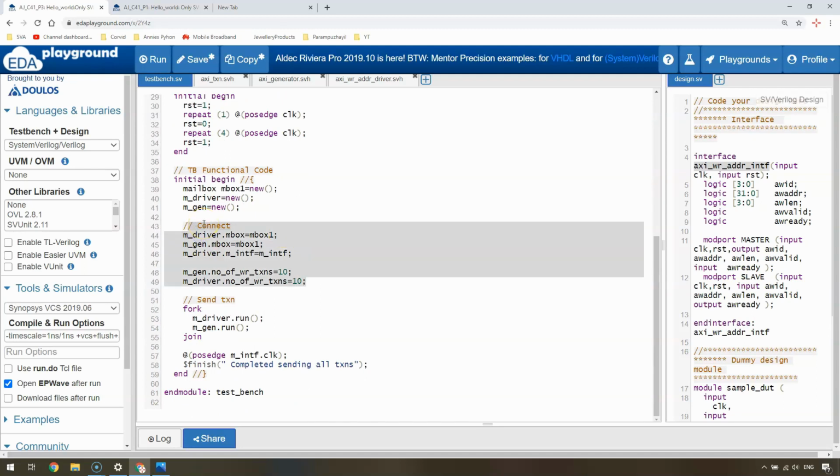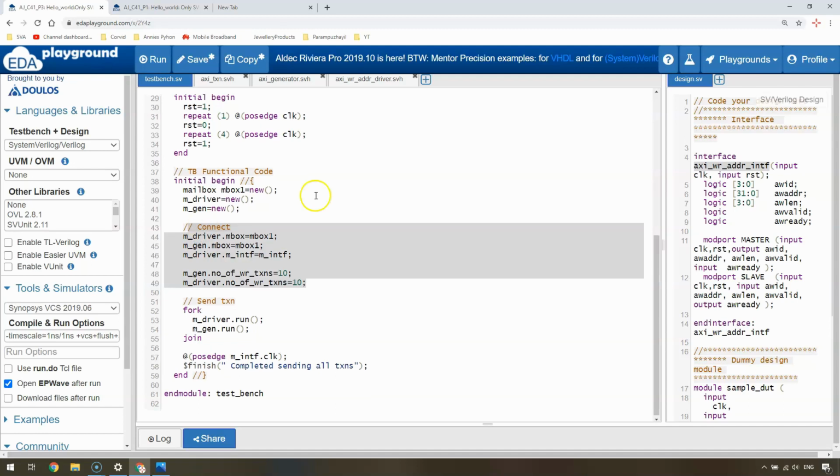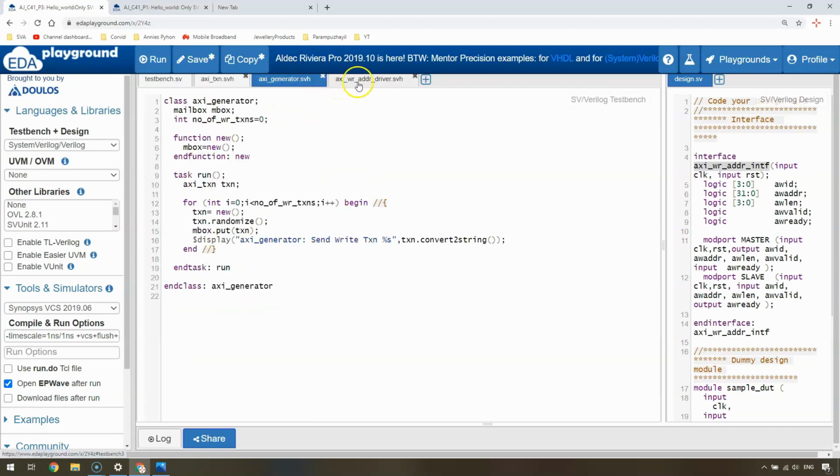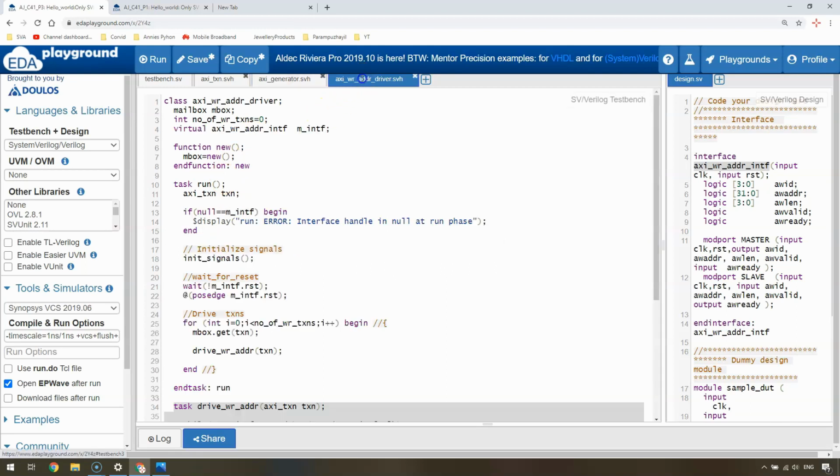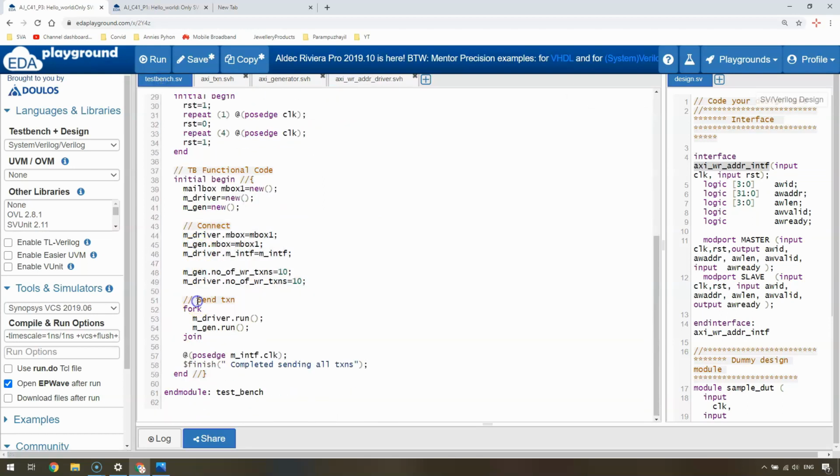Now the final part is doing the actual functionality. Both in the generator and in the driver class, the functionalities were written in a separate task. We named the task as run. Therefore, to start the functionalities, you have to call the run task in those two classes in the main module. That is done in a fork join. A fork join will wait until all the launched tasks have been finished off, and also these two will be started off